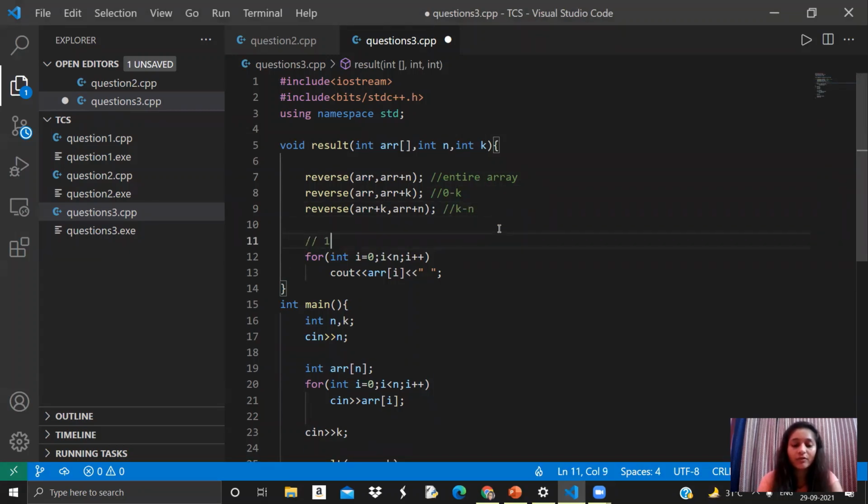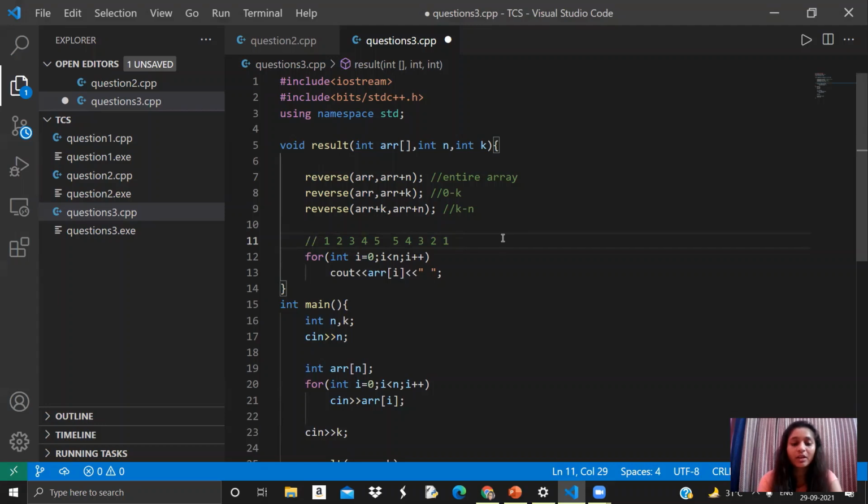If I have 1, 2, 3, 4, 5, then first of all, reverse the entire array. It becomes 5, 4, 3, 2, 1. This will be my array, right? Now reverse the array from 0 to k.